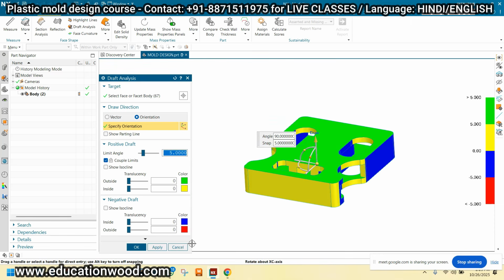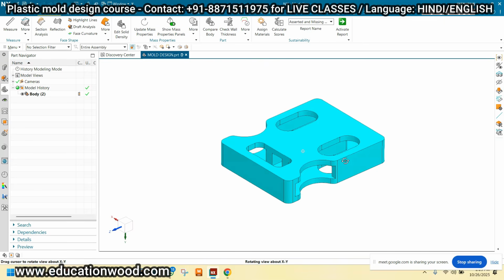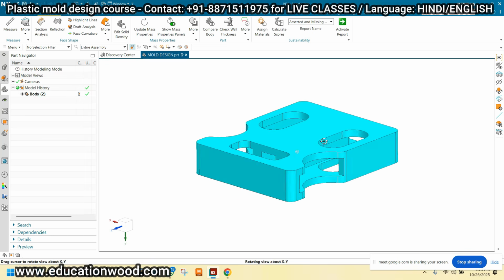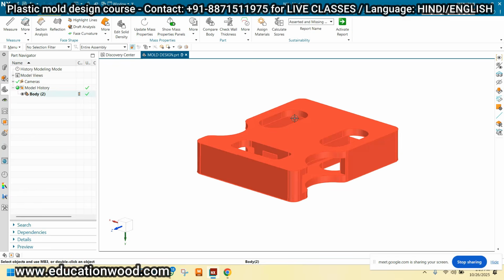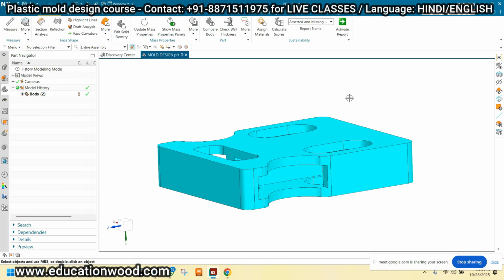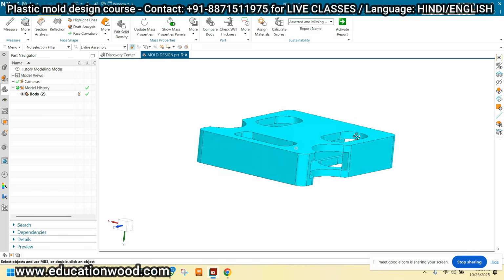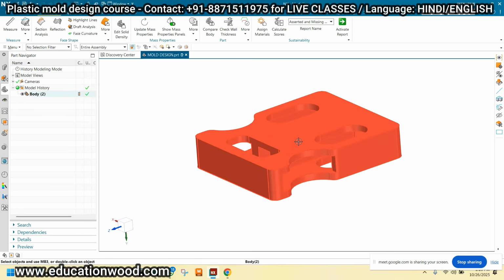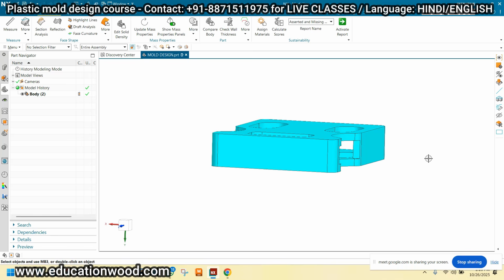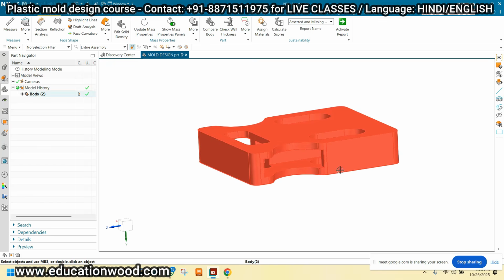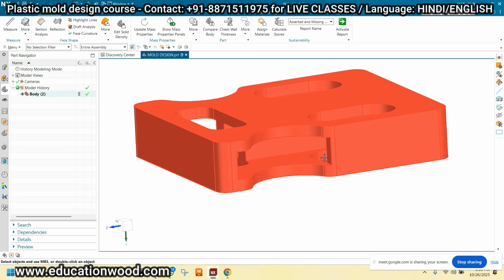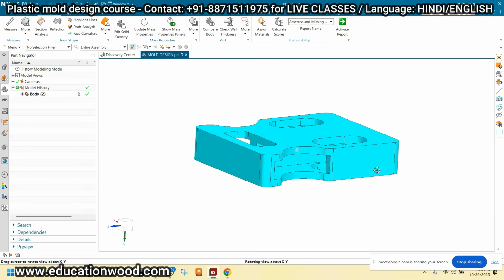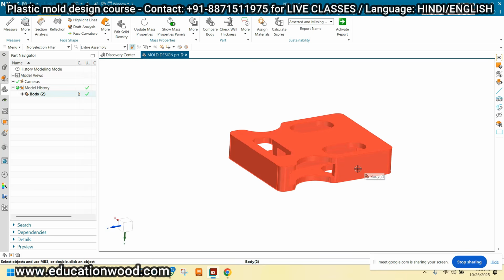For example, if we are dealing with a plastic component, every component has some draft, right? Around 0.5 degree or 1 degree or 2 degree draft should be there, right? But here there is no draft, right? So basically, we can extract this component from the core and cavity, even if it has a 90 phase, because its length is very low. You can say that its length is not much higher.